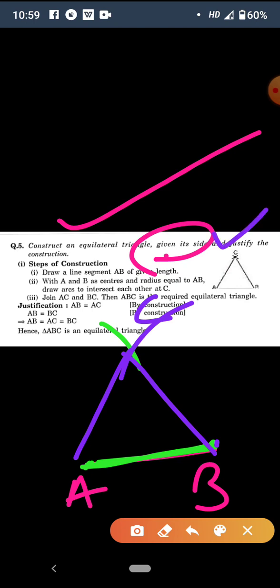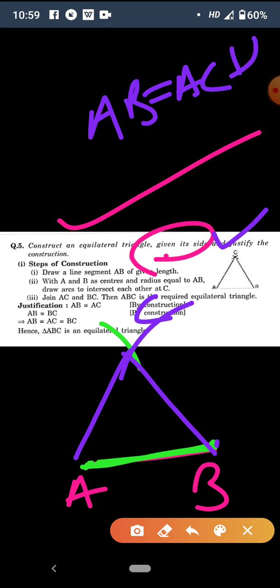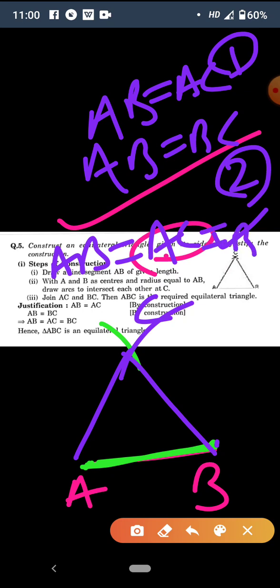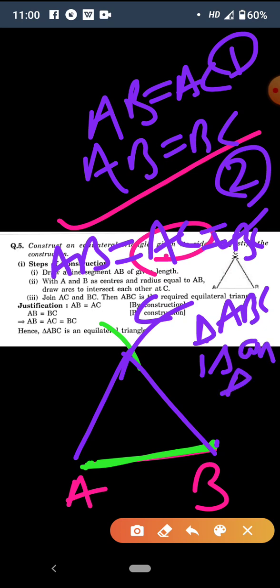Now you have to justify. So how we will justify? AB is equal to AC. Why? Because we have drawn the same arc. And AB is equal to BC, because we have drawn by taking the same radius. So from here you can conclude that AB is equal to BC equal to AC. That means triangle ABC is an equilateral triangle. Fine. In this manner you have to complete this exercise. And for writing this type of construction, whatever you are doing,